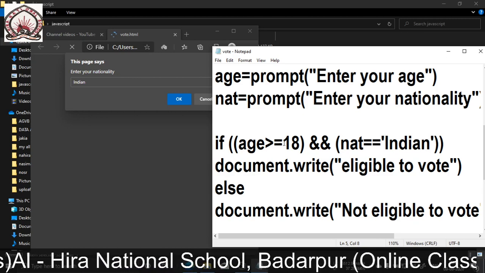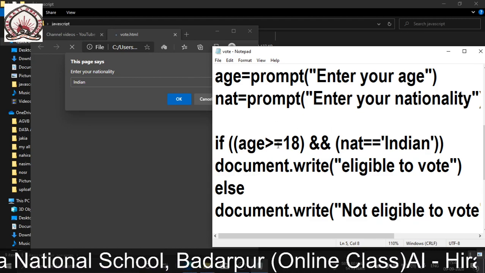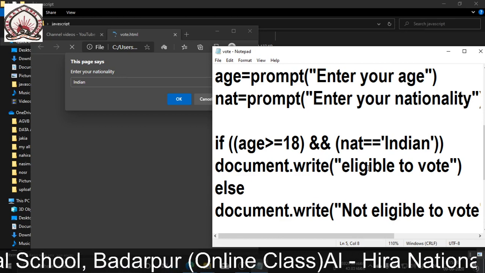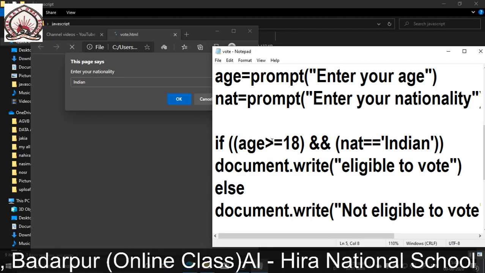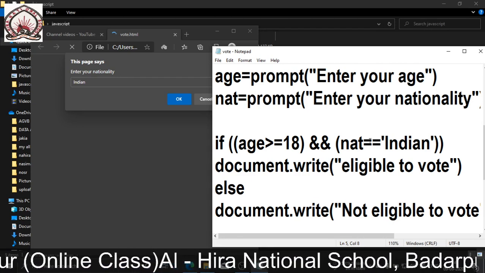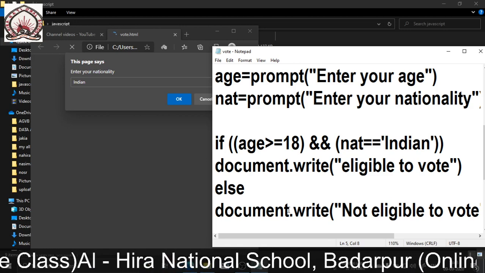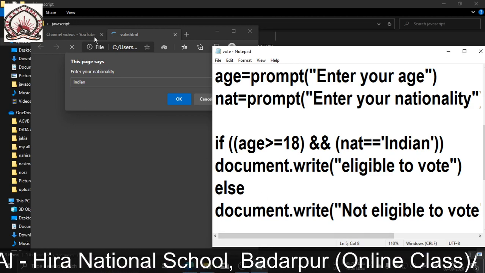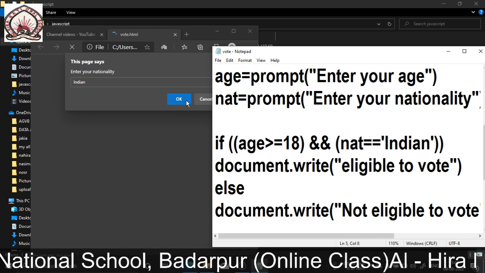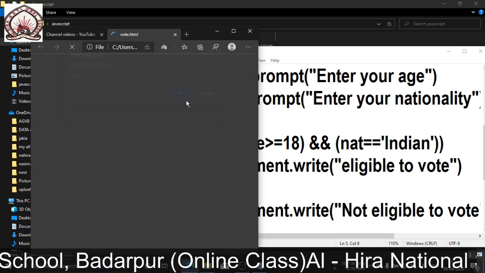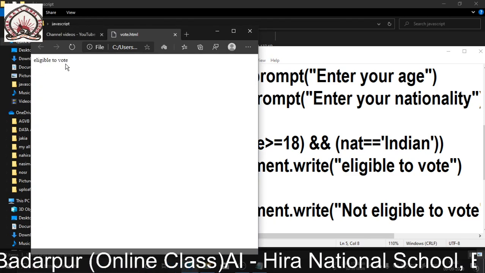If both conditions are satisfied, then the result will be eligible to vote. If either or both conditions are not true, the result will be the else, not eligible to vote. So now let us see our result. If we press OK, you can see eligible to vote.